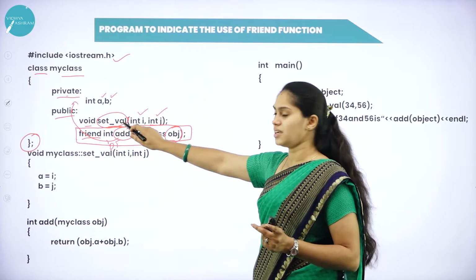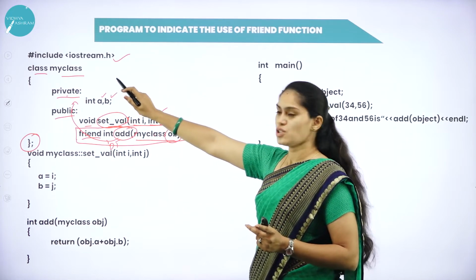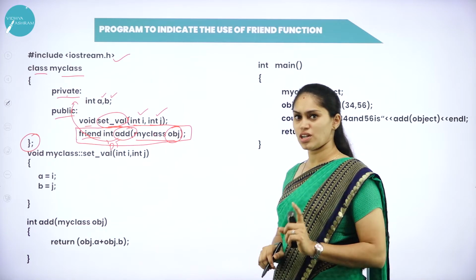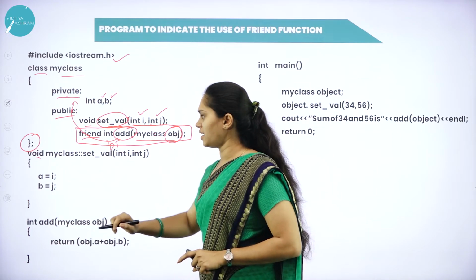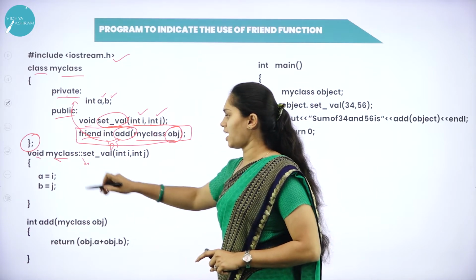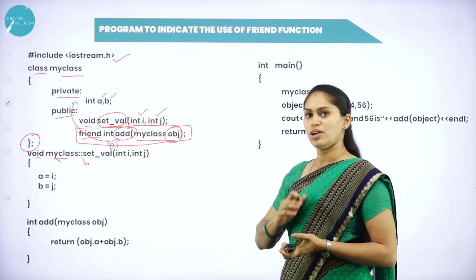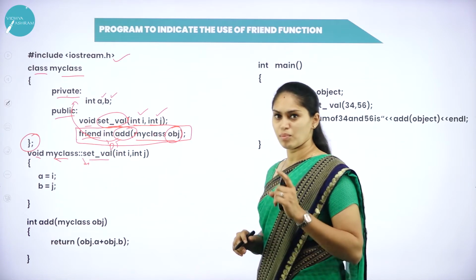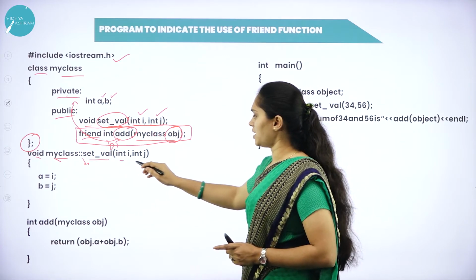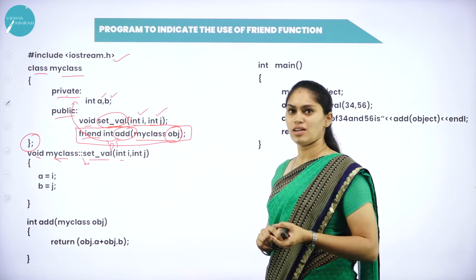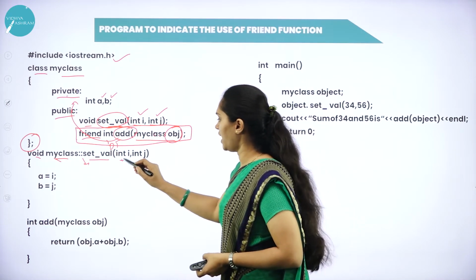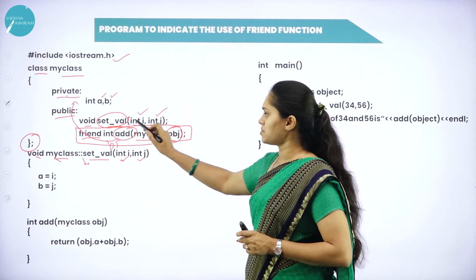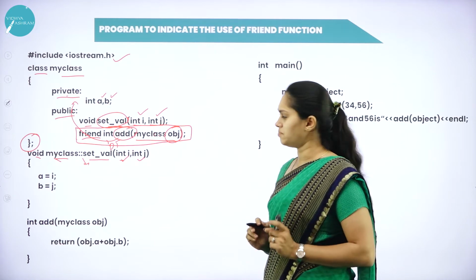So how do we define this member function outside the class definition? It is a member of the class my class, so I have to go with the normal syntax. How am I supposed to define the member function outside the class? I must specify the return type, then the class name, and after that the scope resolution operator, in order to define the member function outside the class. So set val is the member function name here. Within that I am sending two variables as parameters or arguments, int i and int j. These are the parameters which I am sending with the function set val.